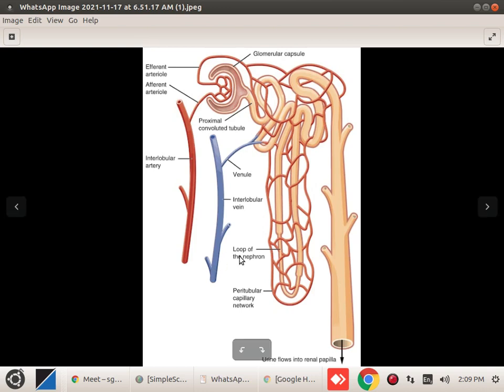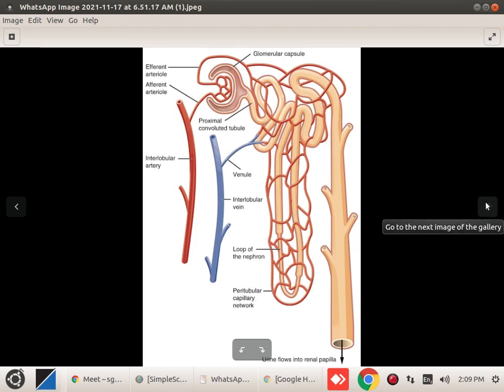So the peritubular capillaries enter the venule part. Venule means deoxygenated blood is coming out. Then this deoxygenated blood enters the heart and the heart pumps the blood. That is another part of the life process that I'm not going to discuss now, I've already taught you all that topic. So this is all about the topic that I want to discuss today.